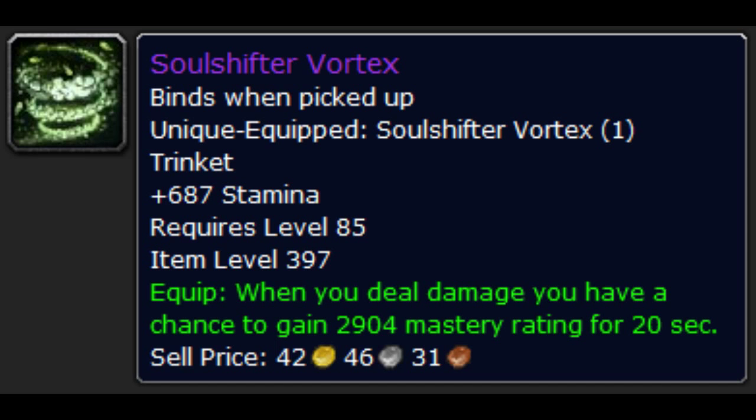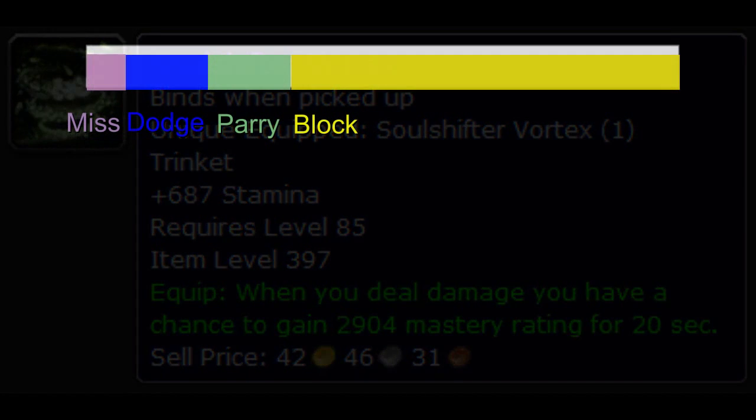The Soul Shifter Vortex is dropped off of Sha of Anger... The problem with this is if you've covered the combat table, this trinket will provide absolutely no benefit when you proc Mastery. This trinket was clearly designed for blood and feral tanks. The only reason you should be equipping this is if you need the stamina and don't mind missing the secondary